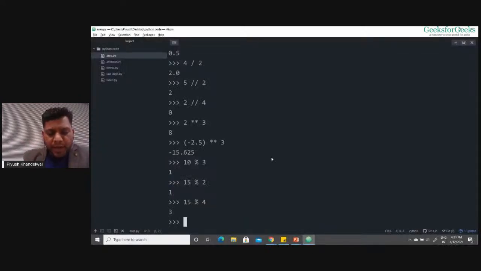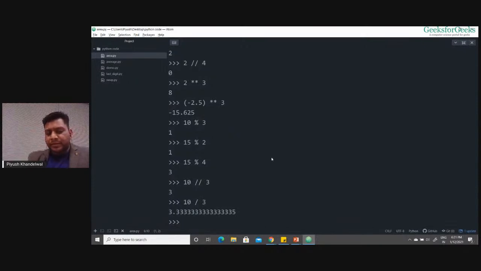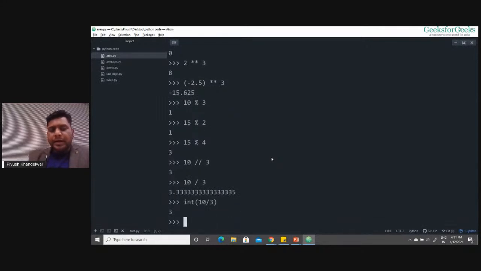Suppose I want to see 10 integer division by 3, right? If I want to see the result of this, it gives me 3. Now if I do 10 float division 3, it gives me a certain value. And if I pass this value to the int function, 10 divided by 3, it will give me the same value which I was getting by integer division,